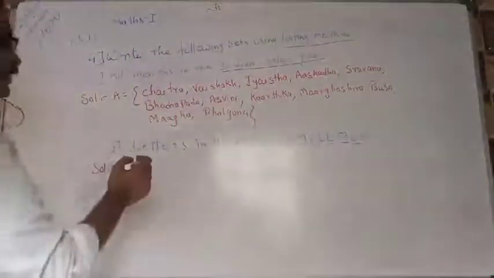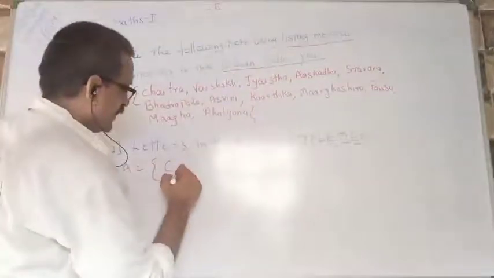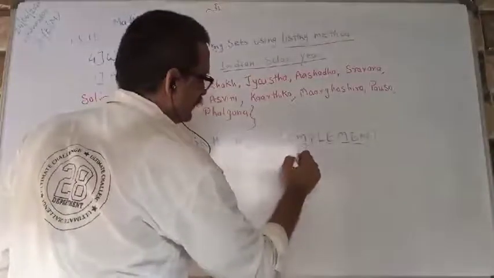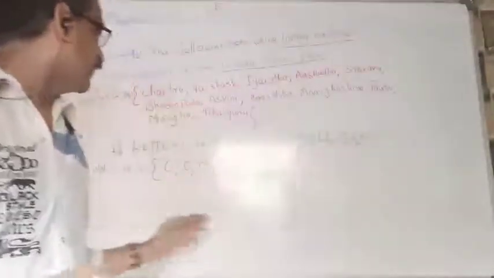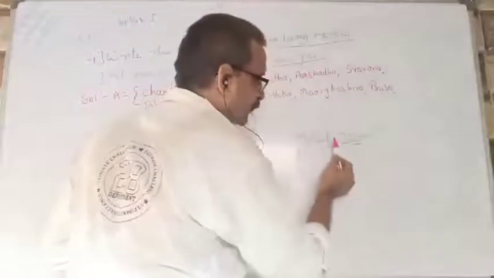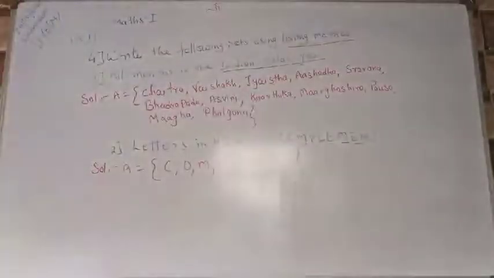Now we write A, C, O, M, P, L, E, N, T. Using these alphabets we make complement. In complement we have 2 times M, 2 times E, but in the set we write only a single time, only one time. Our third question is